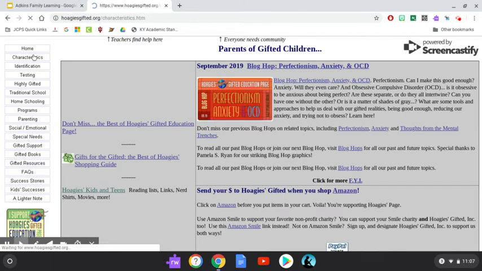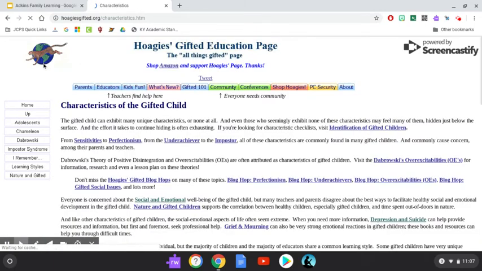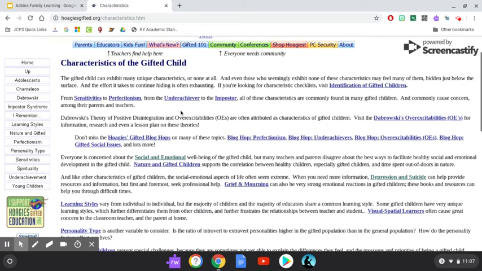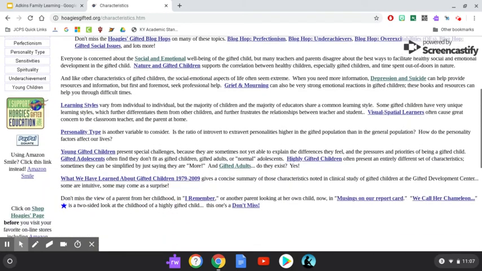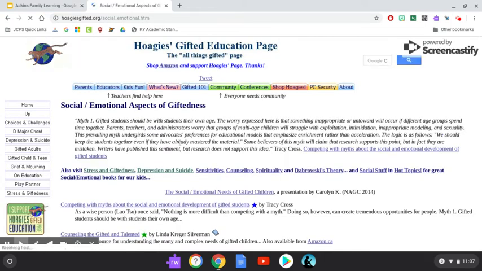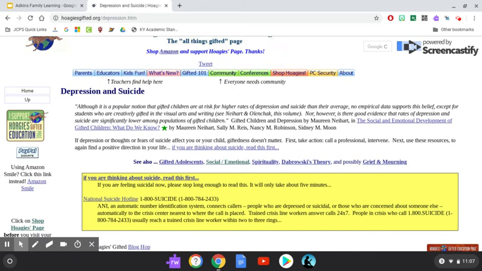Go into characteristics of a gifted child, from sensitivities to perfectionism, from the underachiever to the imposter, all different characteristics that are found in gifted kids. There's just so many things. It even has that page about the concerns with social and emotional, which we'll talk about a little bit more in the PowerPoint. But it's important: the stress and giftedness, the depression and suicide, sensitivities, things like that, that all kids face, and it is important to know that gifted children, like it says,